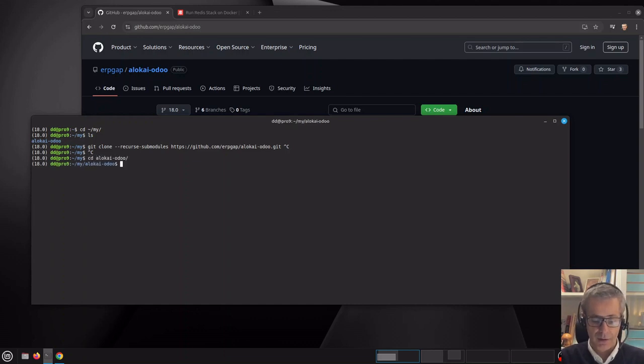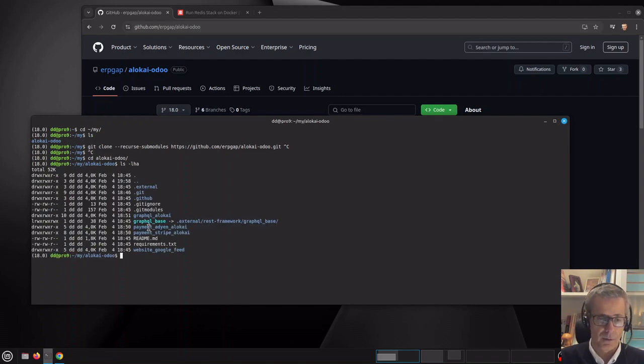So if we go here, I'll do ls, and you'll see we have this symlink, which is pulling from an OCA GraphQL based repo. The repo is for REST framework, but it's a module for GraphQL. And this is the module you need to set up and install. I already did this because it takes a while, depending, of course, on the size of the server. But just recapping, what you should do is, well, first you need to